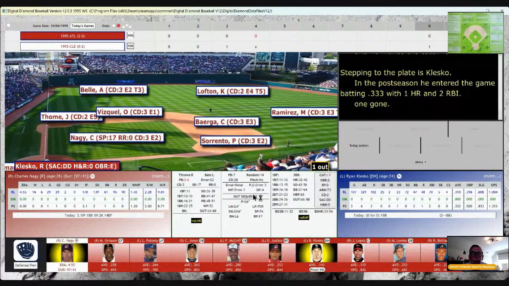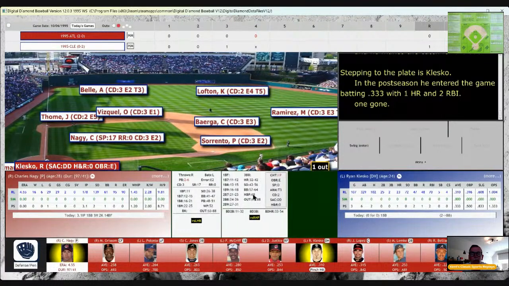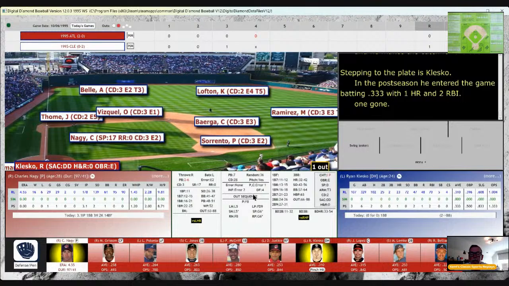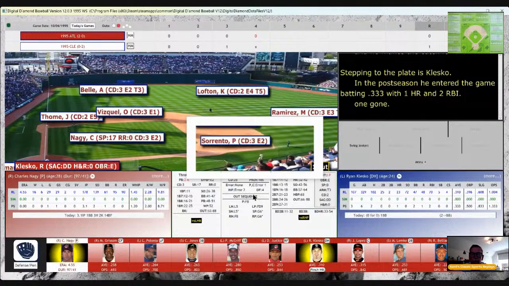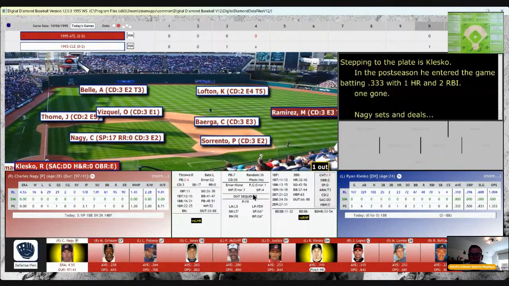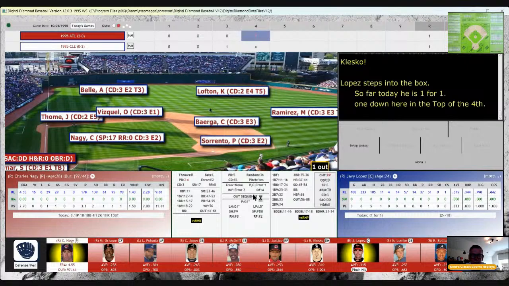Here's the pitch from Nagy. Will be on Klesko's card. That 36 is trouble as Nagy now has left one out over the plate, and Ryan Klesko has cranked on it. He drops one into the right field seats as he's hit one fast and hard and gone. Last time I saw something fly that far that fast, it had a stewardess on it. Name the movie. So we're tied up now 1-1 as we've seen 2 home runs now in the game.